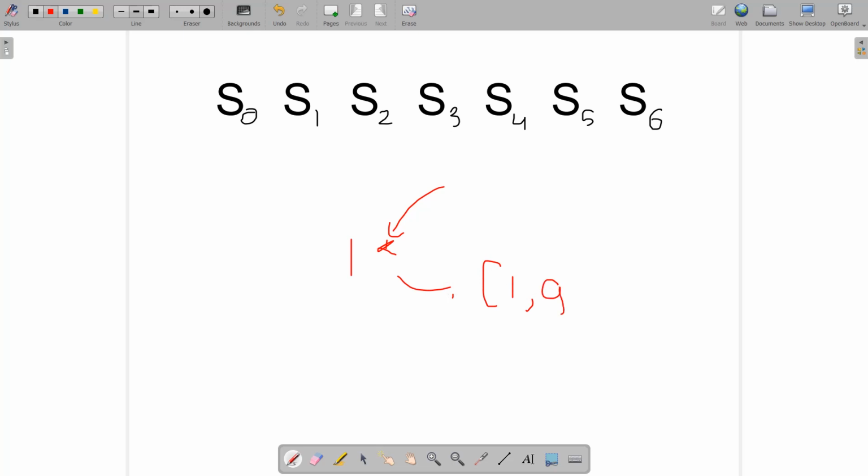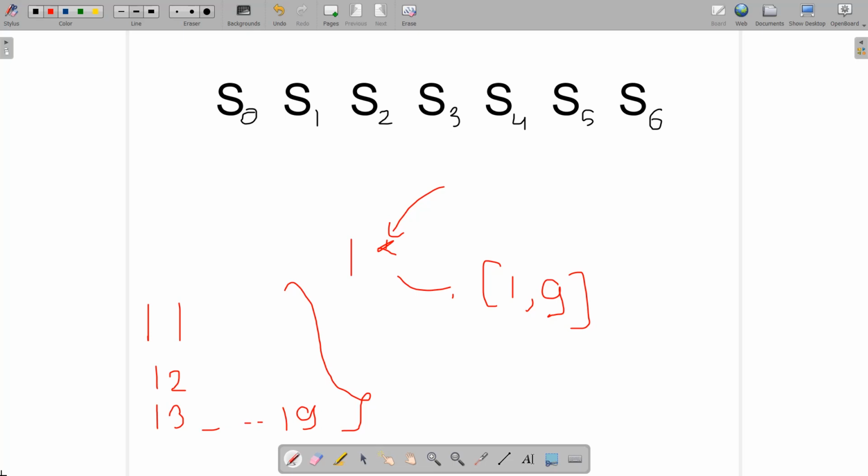to 9. So if it is 1, we have 11. If it is 2, we have 12. And if it is 3, we have 13, and it goes on up to 19. We need to find the total number of ways for all these strings, and we need to sum up the answers for every particular string. What is the number of ways to decode it right now?